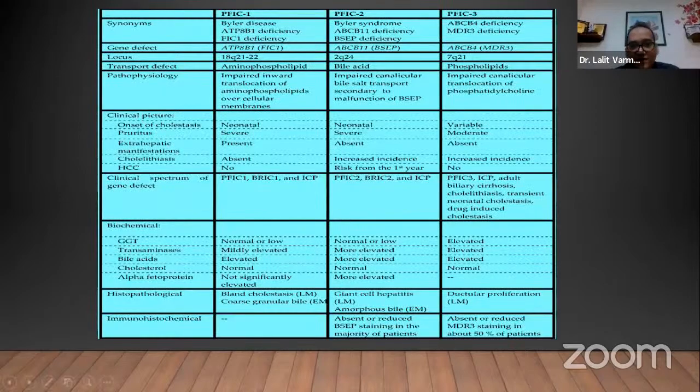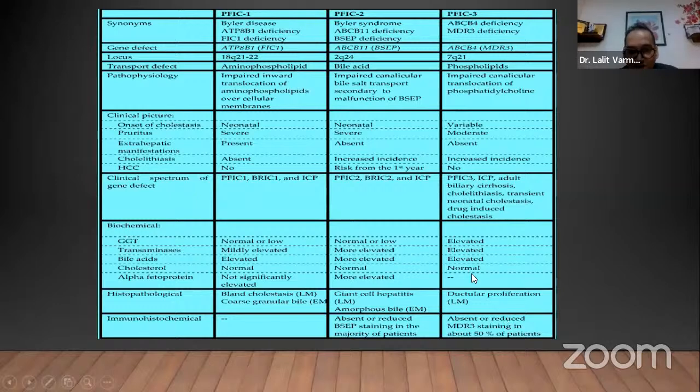So this is PFIC 1, 2, and 3. We don't have much knowledge about 4, 5, and 6. But the important takeaway is here. If you look at the GGT, it's normal or low, but in 3, it is elevated. The other important thing is, based on the histopath, where I said they have giant cell hepatitis, and here they